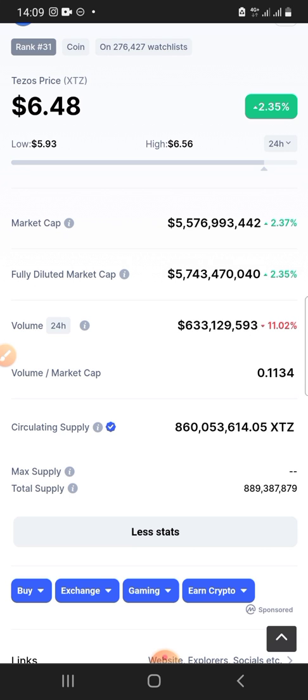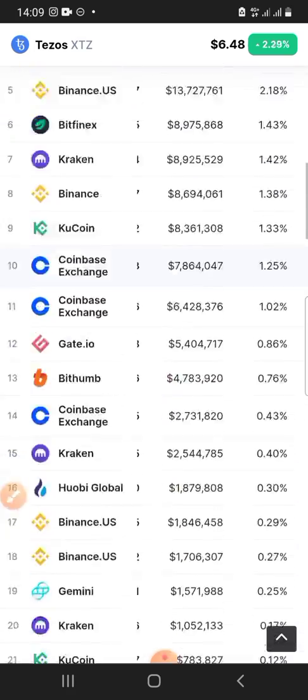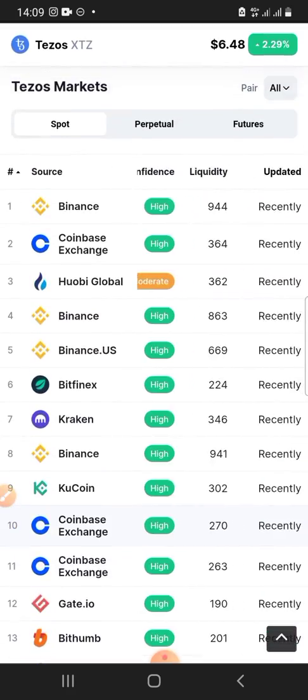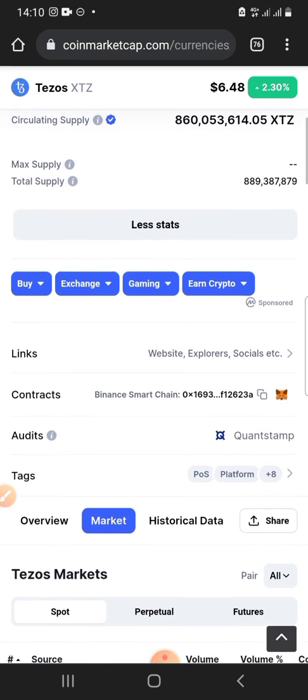Check the volume, check the price action, check the markets on which it's listed, check the volumes on these markets. Also, take note to proceed with caution if it's only listed on decentralized exchanges. All right, so one thing you need to keep in mind is that the recent price action and all these things is not good enough reason for us to go all in.